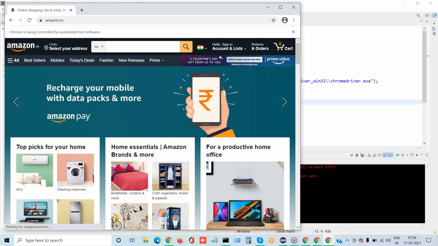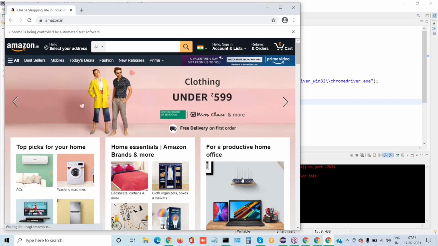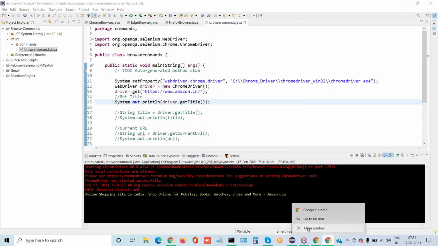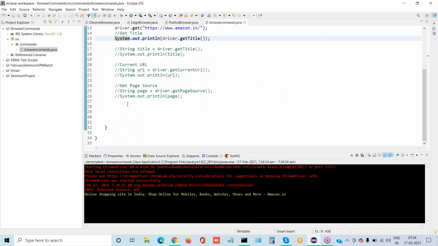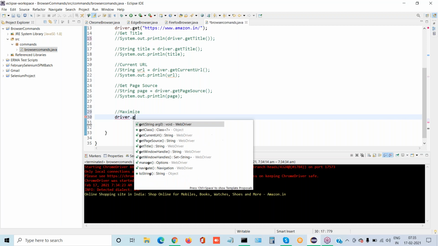So I want to maximize this window. How can we write it? There is a command. Can you write the command for maximize? Come down and write a comment there: maximize. This command they will definitely ask you in an interview.